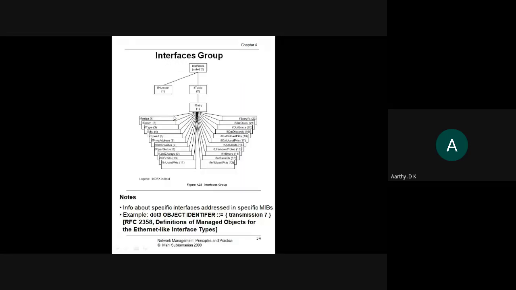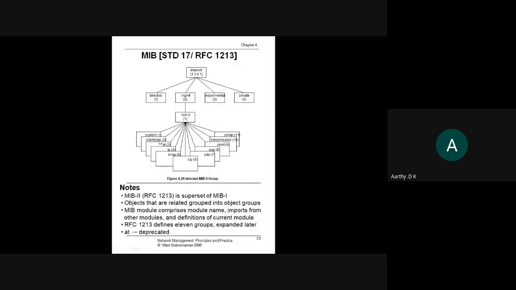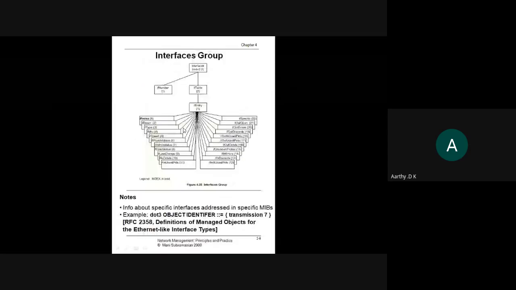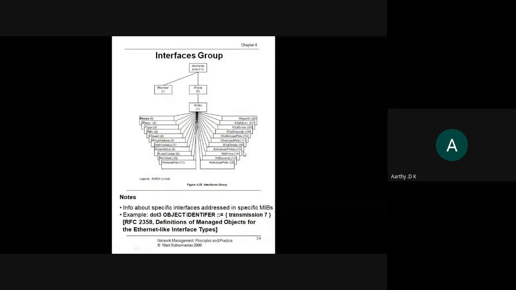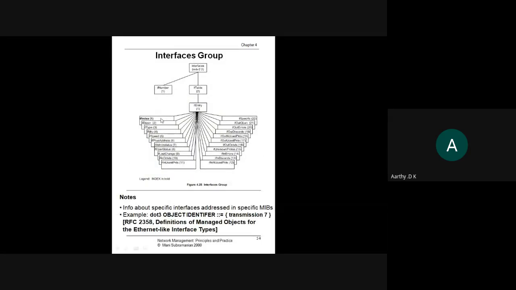So next one is interface. The first we saw was the system, second is the interface. Interface has got further entries in it. This can be ifIndex, ifDescr, ifType. I think this is just self-explanatory. You can just go through all the sub modules that you have. Next one is ifEntry. I have to repeat the same thing. The syntax it follows is IfEntry. Access is not accessible. Status is mandatory. And this is your object identifier, ifTable 1. You can just go through.